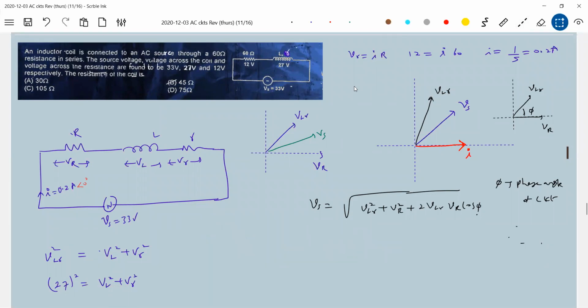What is your idea? Just tell me. Okay, that VLR cos phi is equal to V small r. Okay, again, VL. No, VLR. VLR cos phi is equal to,